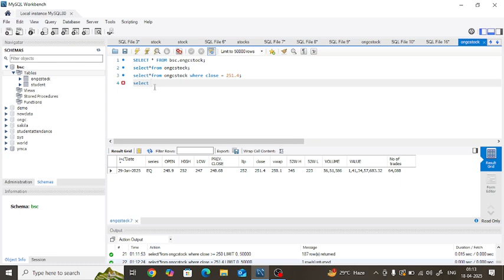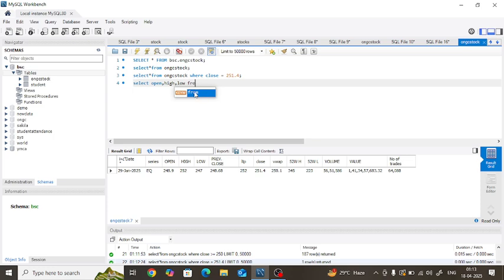So write here select open comma high comma and low, the low price, and then we will write from,